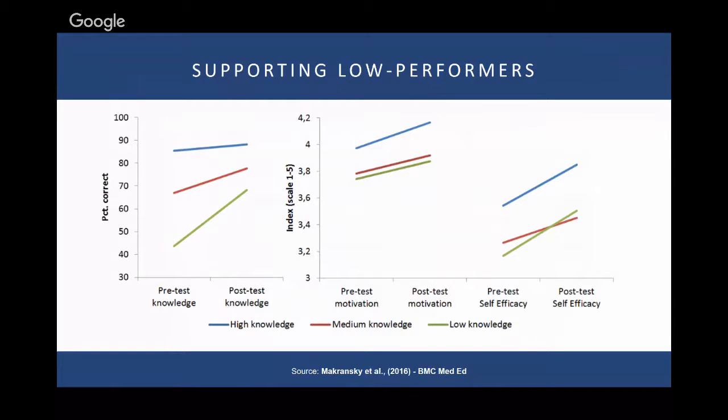Another exciting study that's more recent from last year is performed by Guido Makransky, a very skilled psychology researcher that we've been collaborating with for many years here at Labster. What the study showed, very interestingly, is that the lower performing students in the classroom were able to catch up much faster with the rest of the students in the classroom. The reason for this is that the students who are not performing well are, first of all, much more engaged in the learning, but they can also, more importantly, go at their own pace.